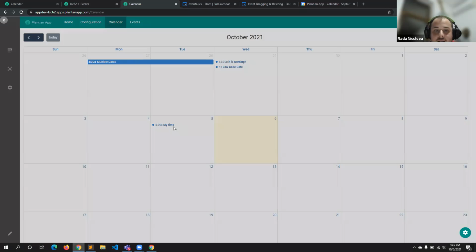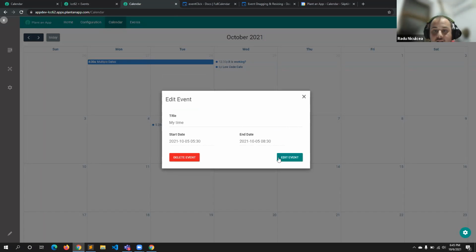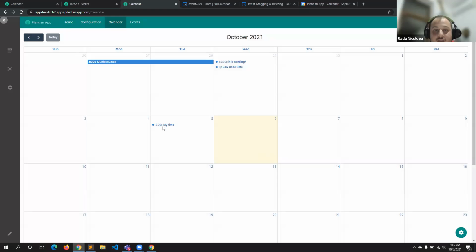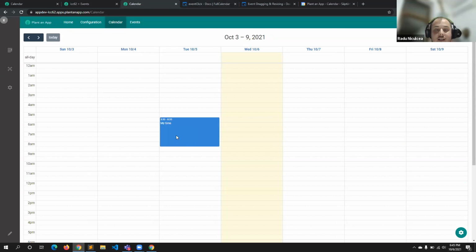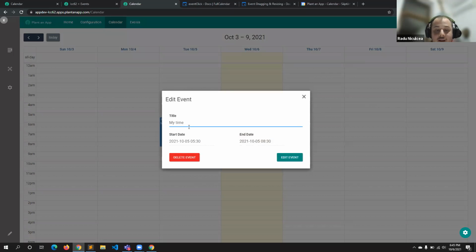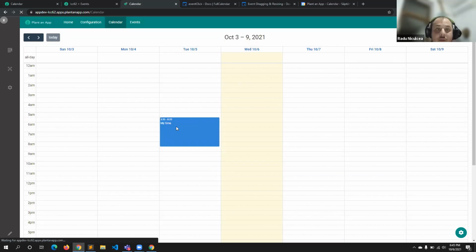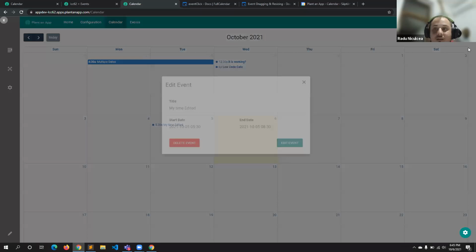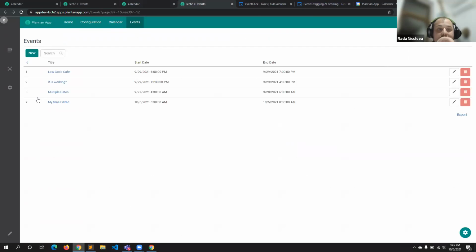So let's see, if I click on my time and say I want it to be maybe an hour longer, and I say edit event, in this situation the database is updated. If I refresh this page and go again, now this got extended by 1 hour. It's not 7:30 anymore, it's 8:30. If I click again and edit the time and click edit event, this is not updating. I need to refresh the page each time to see the relevant information, because it only gets updated when I refresh the page. So the event entity itself, not just the database of the event, is not read.